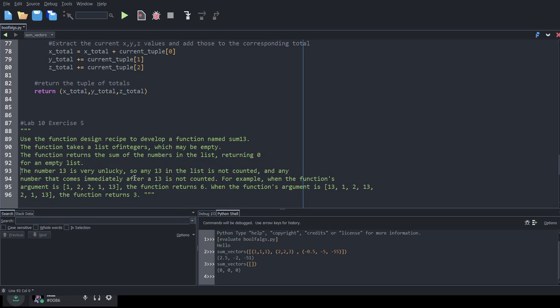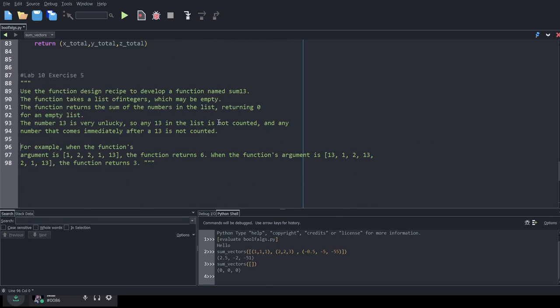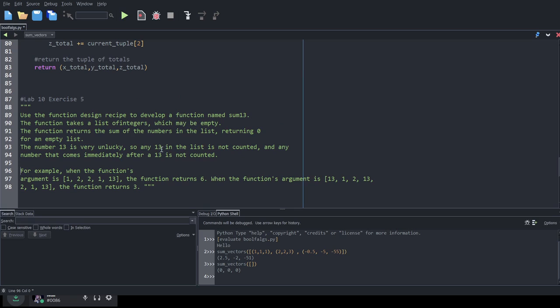Okay, and every time we see 13, I'm just going to replace that with a 5. So it's just because gotta follow the rules of the land.